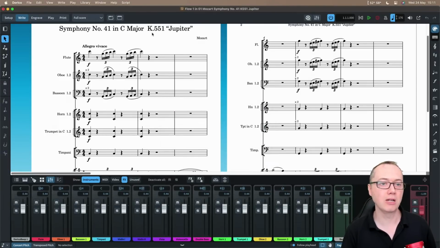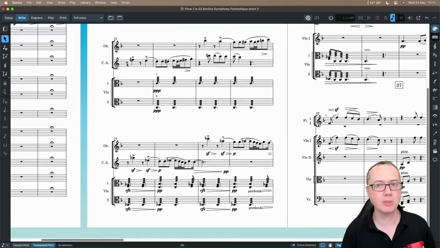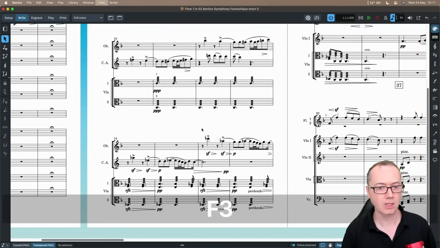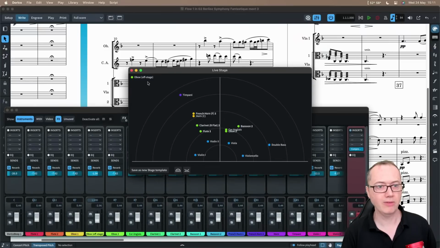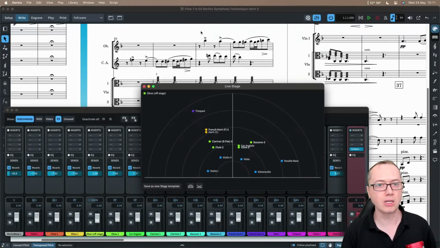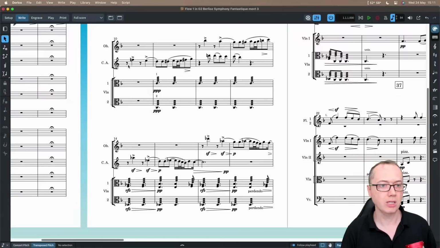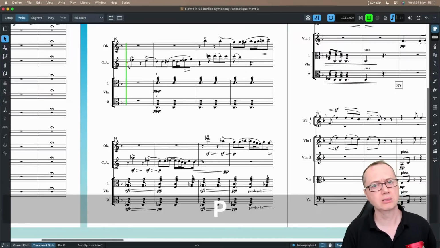On a similar idea, if we use this piece here, in this one we have already set up an off-stage oboe over here. In the beginning of this piece, which is Berlioz's Symphonie Fantastique, Movement 3, the oboe is off stage. So there's a little duet between the cor anglais in the orchestra and the oboe off stage. So if I choose this one here and press play,